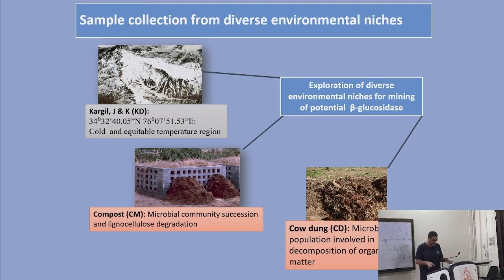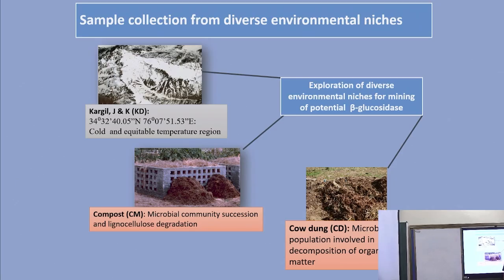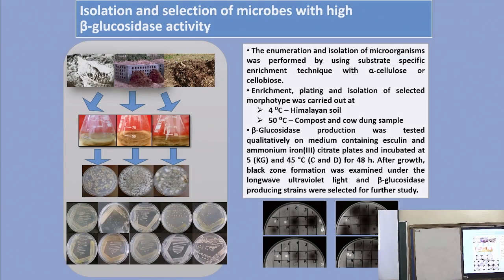though we could not complete all the specific beta glucosidases, but we were able to get the clue that cold tolerant beta glucosidases have immense capability for other industrial applications. So we collected the sample from the Kargil area, and also from the composting area, and also from the cow dung area. You can see that KD, CM and CD are the codes given,